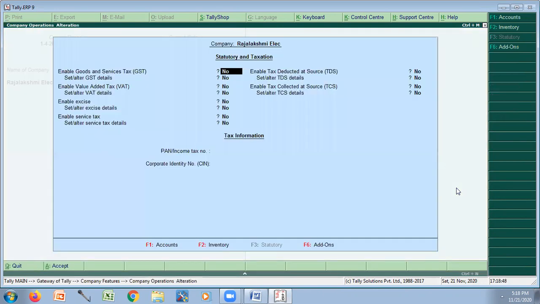There we have to go and enter the GST values. Okay. Now I think you won't be able to see this. I'll just see here. So goods enable.